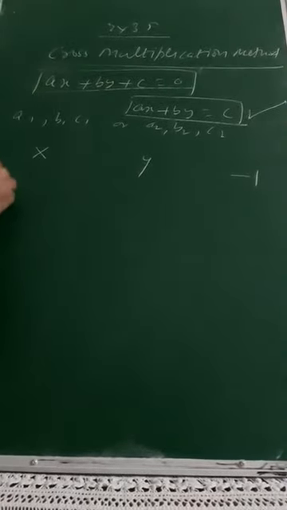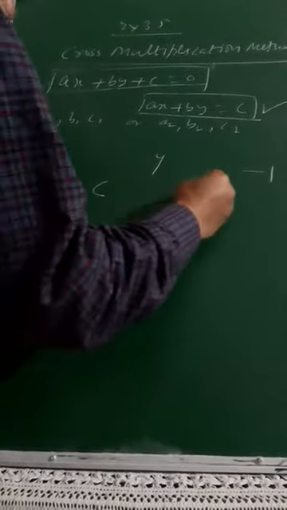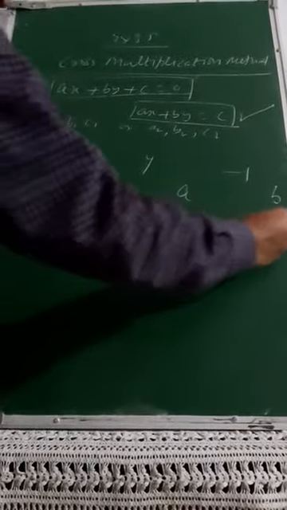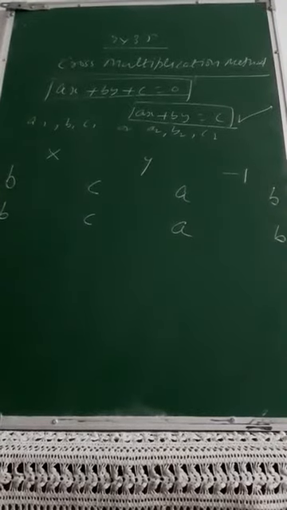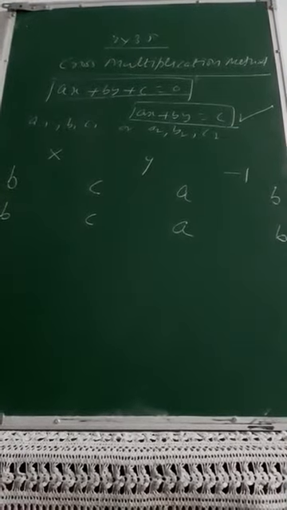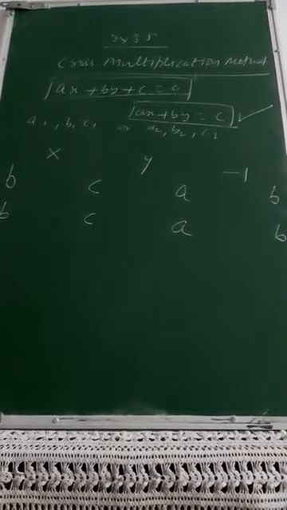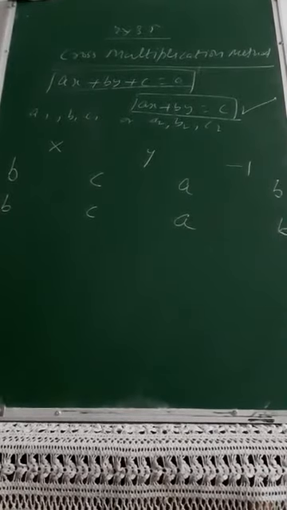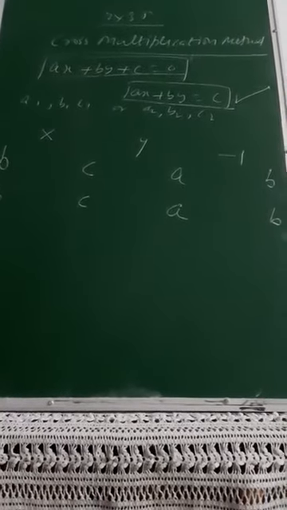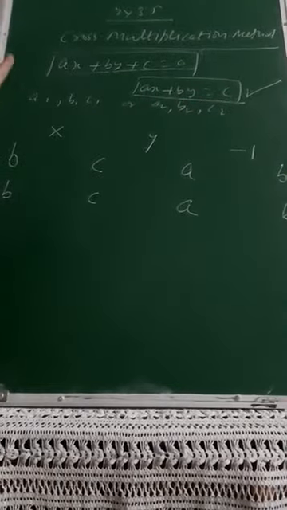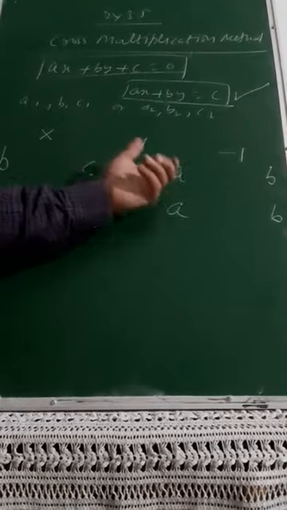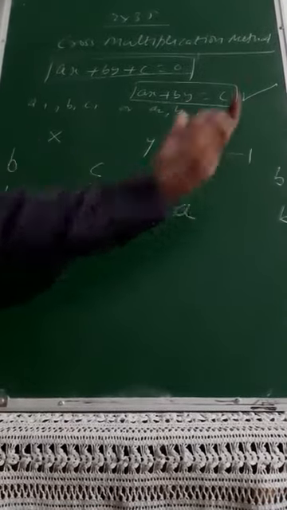Then there is a procedure you have to follow. You write b, c, a, b, and again underneath b, c, a, b. I am explaining why this method is called the cross multiplication method. You need to follow this pattern. That will take you to the formula where I start with this method. First of all, two variables x, y, and then it is minus 1. Systematically, somewhere between b and c I am taking x, somewhere between c and a I am taking y, and somewhere between a and b I am taking minus 1.